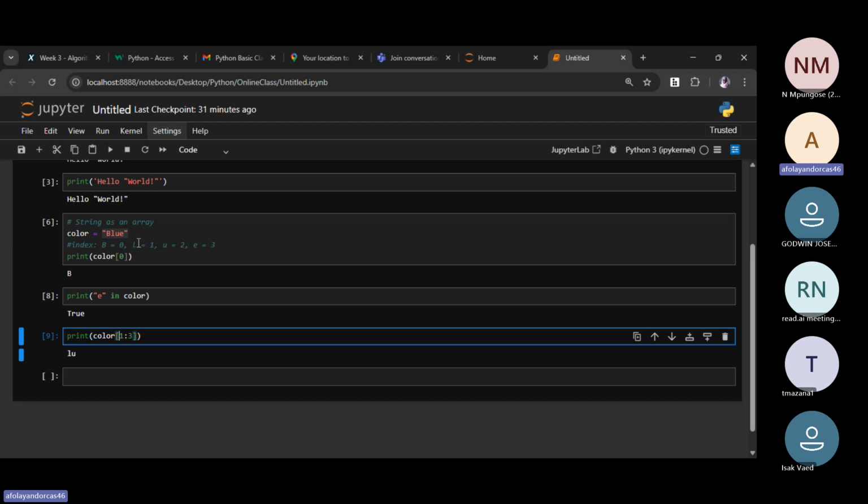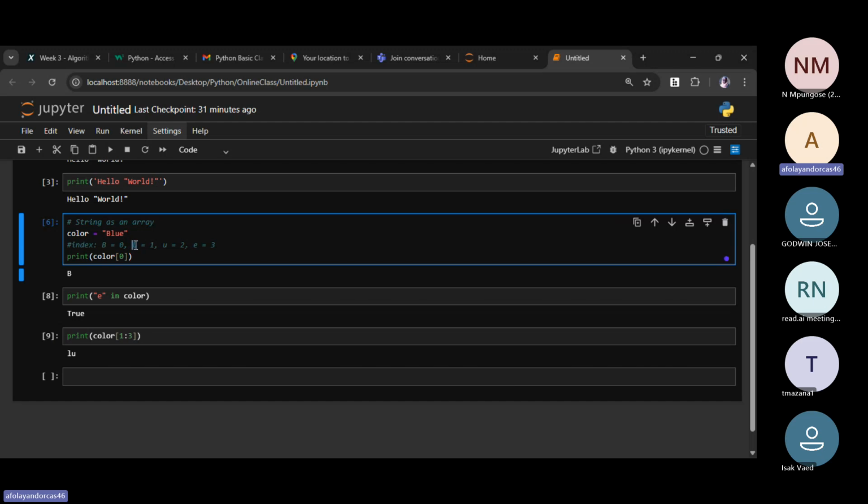So here it's going to actually print the L that we have here, and it will look at it and say, oh, we want to slice from 1 to 3.